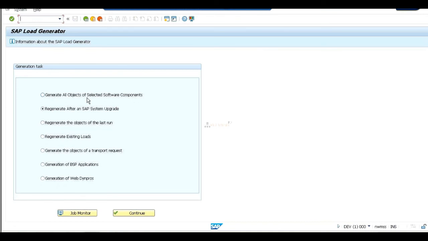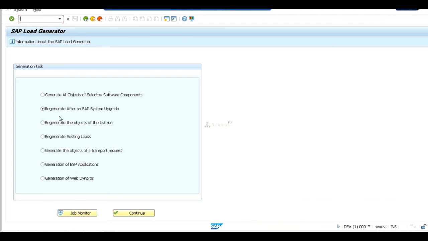So that's why we will run this. It will take time because there are so many programs and screens to be compiled. Once this completes successfully, our T codes will run directly. In SGen there are many options, which we will discuss later.